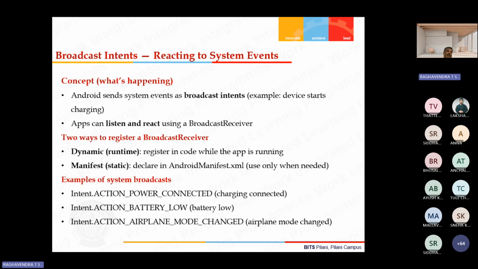So reacting to system events when they happen. The concept is that when certain things happen, there is a notification. Android sends the system events as broadcast intents. For example, device starts charging. The application can listen and react using a broadcast receiver. So there are two ways to register a broadcast receiver, which could be dynamic or it could be